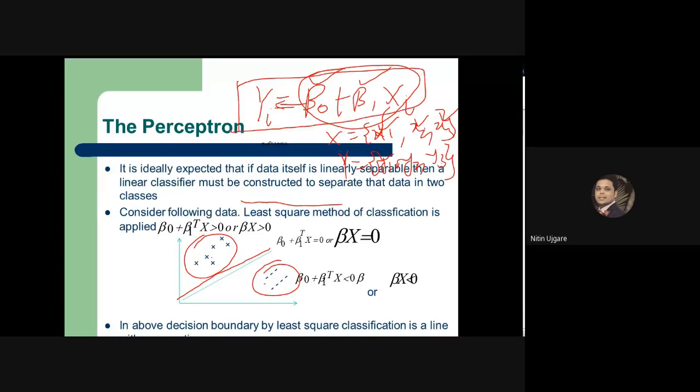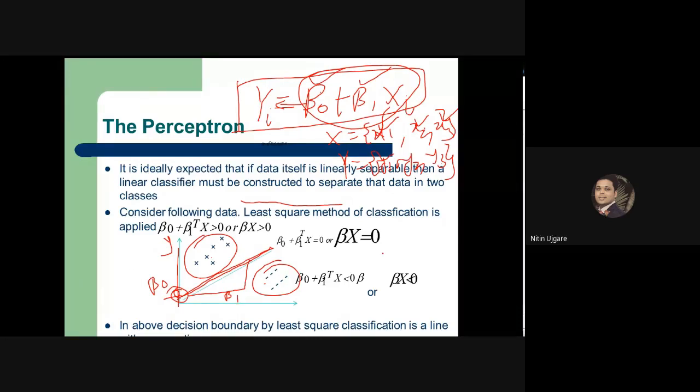Now, what does this formula represent? Here beta 0 represents the point at which this decision boundary intercepts the y-axis. This is my beta 0, whereas the slope of this line is represented by beta 1. Okay, and we know the equation of a line, so it is actually a mathematical representation of a line. So y is equal to beta 0 plus beta 1 into x. Somehow we have represented the line using a mathematical equation, right?